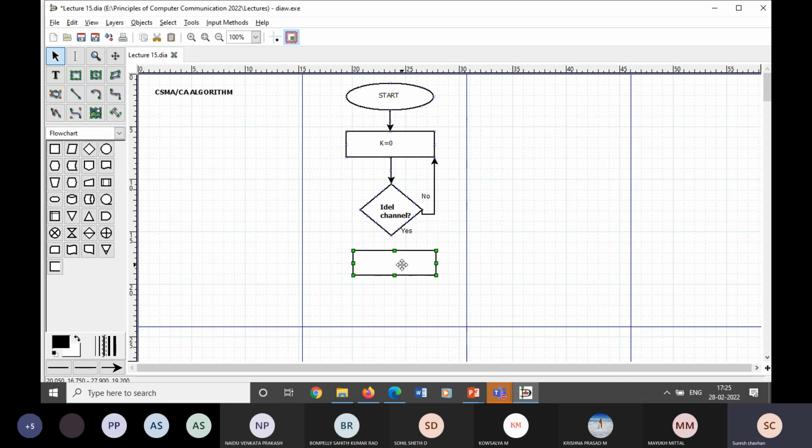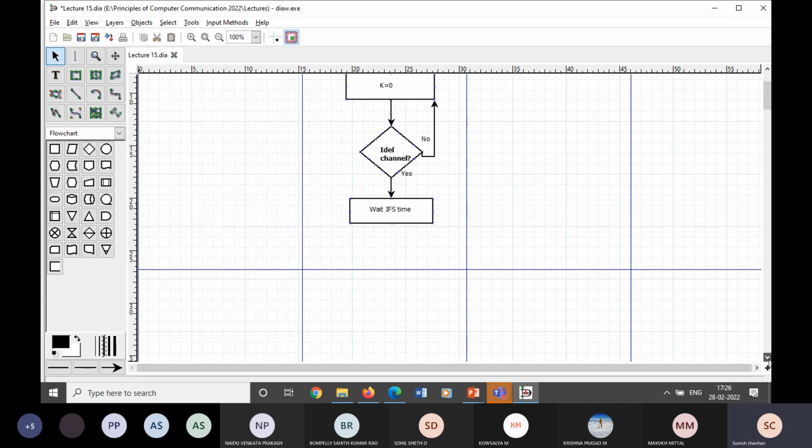Right? So whenever it's busy, according to the strategies, how many strategies have we seen so far in CSMA/CA? Only three, right? The first strategy is the interframe space. Our station needs to wait for the IFS amount of time, the interframe space time. After waiting for this amount of time, the station